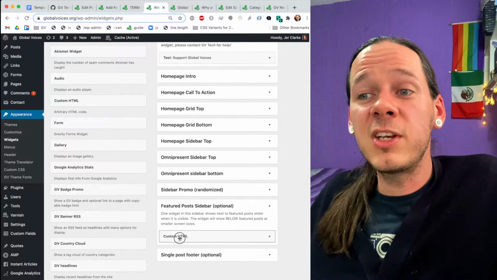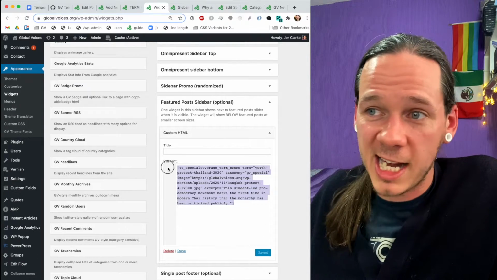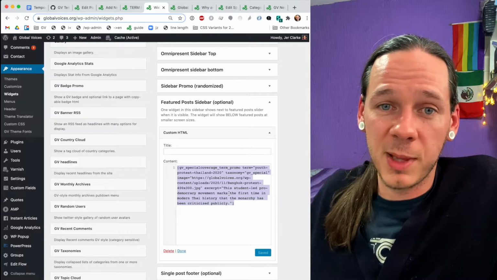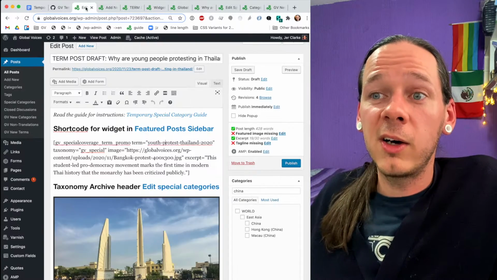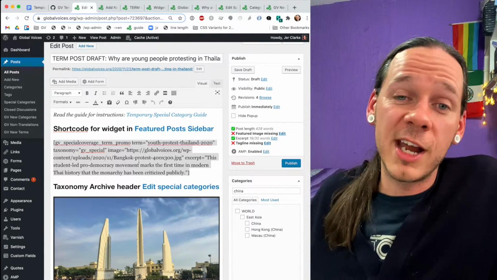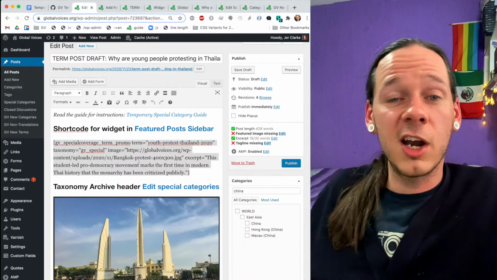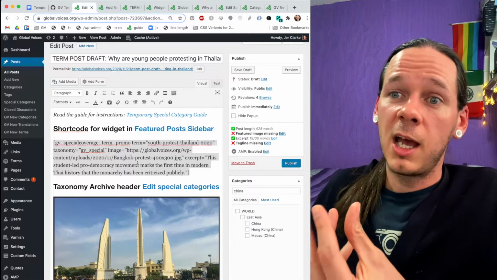And most importantly, even if you come into this widget and just change the shortcode entirely, just completely replace it with a different one and save, well, you always have a backup. You're never doing it from scratch because you're keeping the term post draft as the canonical location for all this information, which also